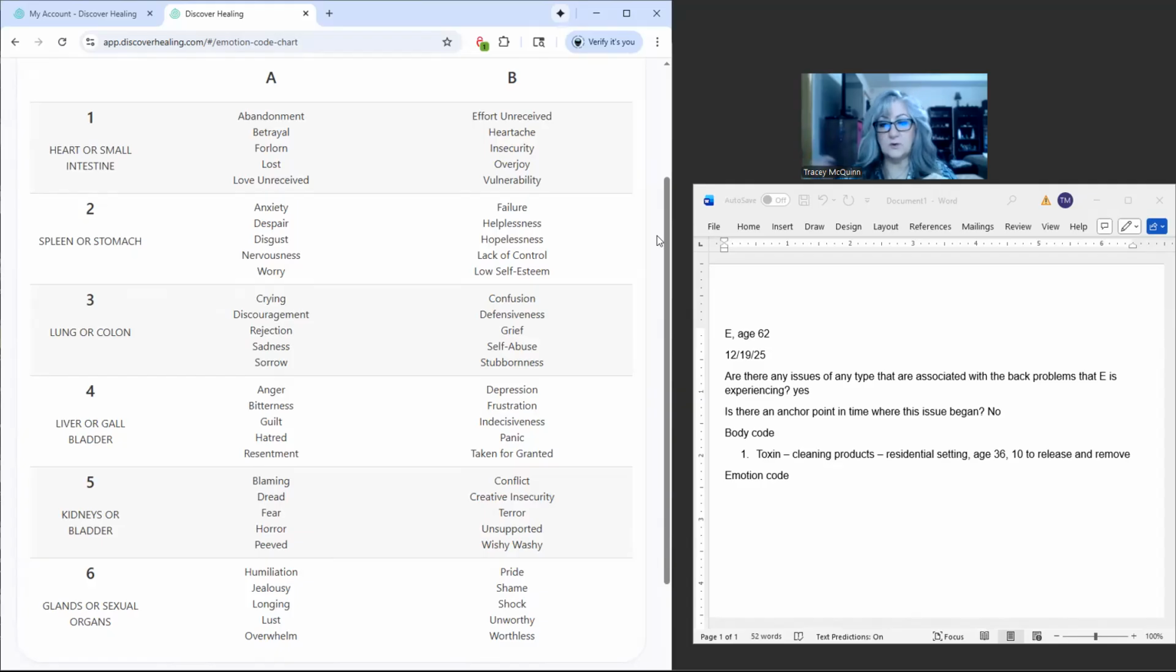Maybe as things unfold, but at this point right now, I don't. So are we on Column A, column B, B even, B odd, B1, B3. Okay, B3. Is it confusion? Is it defensiveness? Is it grief? Self-abuse? Stubbornness? And I find this interesting because last time I did a session for this person, his back was